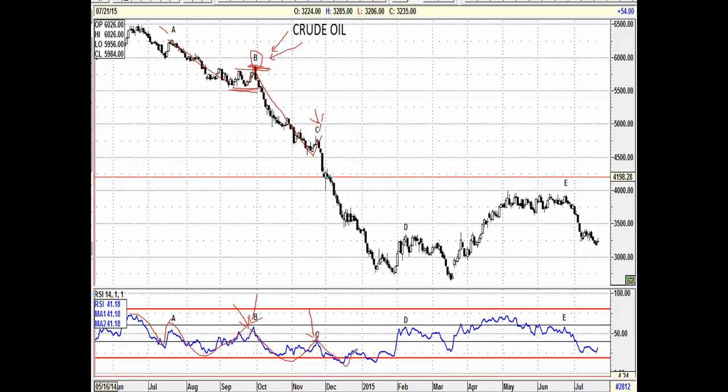Again, it went down, and at D, again it resisted at 60 levels that act as an overbought area in the bear markets. Then again it came down, and at this time it was not able to take RSI into the oversold zone, and it moved up, and then it came and resisted at 60